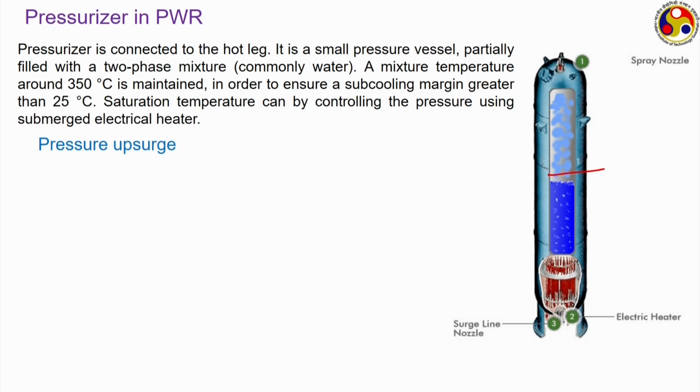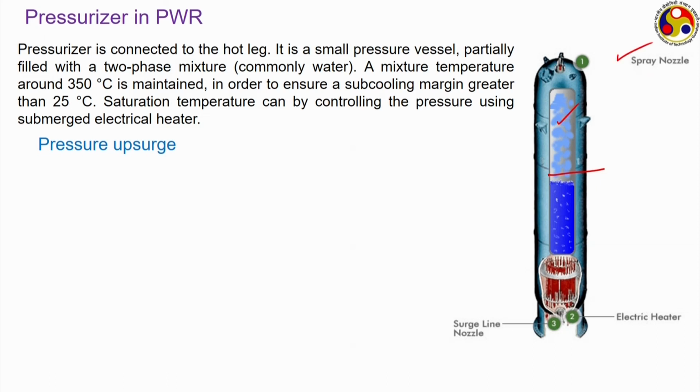Water, the liquid part, being incompressible in nature, there will not be too much change in the volume, rather the water level inside this will rise a bit, and once the water level is rising, that will result in a reduction in the volume available to the vapor phase, which is here. So, the vapor phase will get compressed a bit, and whenever the vapor phase gets compressed, we have one spray